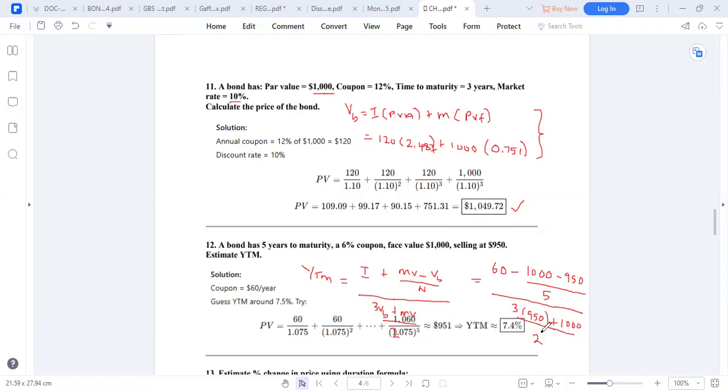So what kind of a bond is this? This is a discount bond, because the coupon interest of 6% is smaller than the market rate, which is the yield to maturity of 7.4%. All right, so